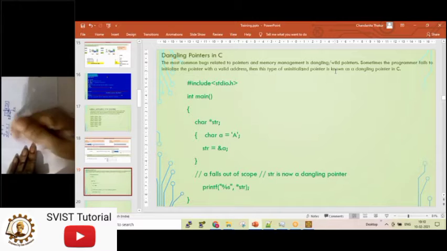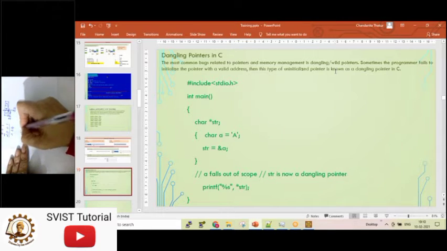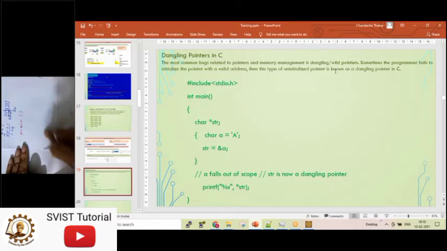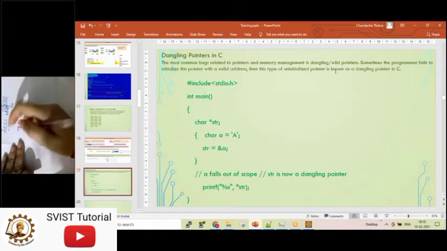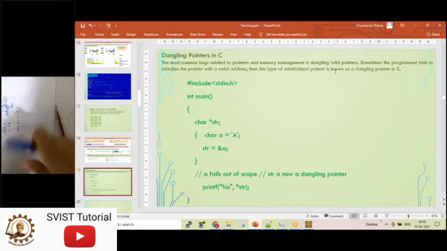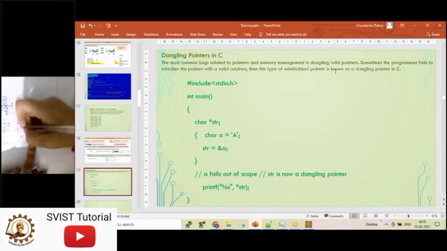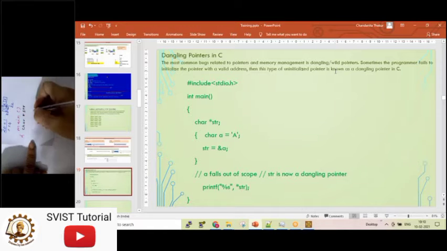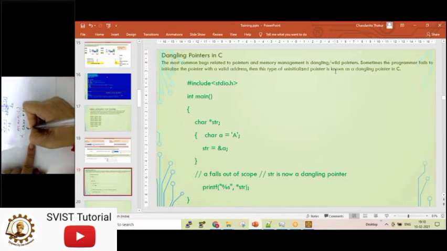I have taken the main function. Then inside the main function I have taken a character pointer star str. Now I have given one bracket.